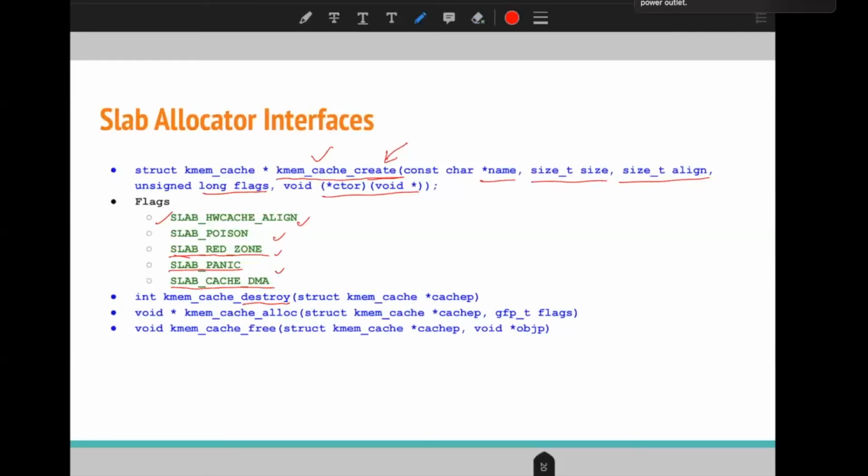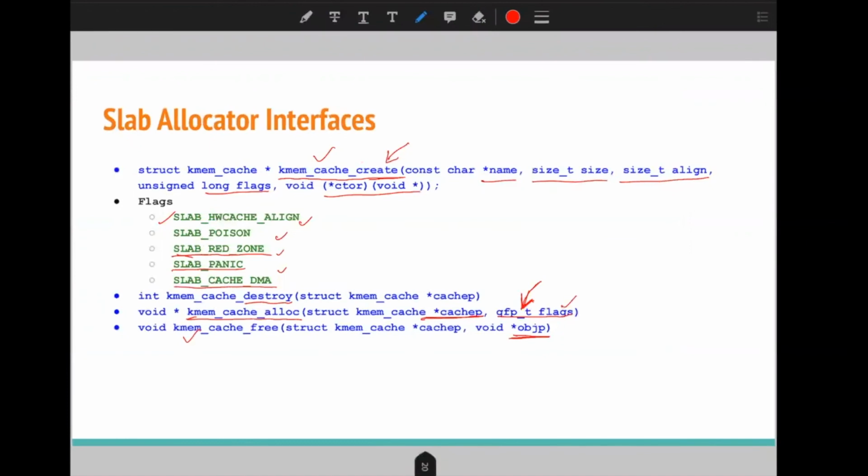This is the function to allocate a specific object from a created cache. This is the pointer to the cache, and this is the flag that we specify. And this is the counterpart to free a particular object from a particular cache.